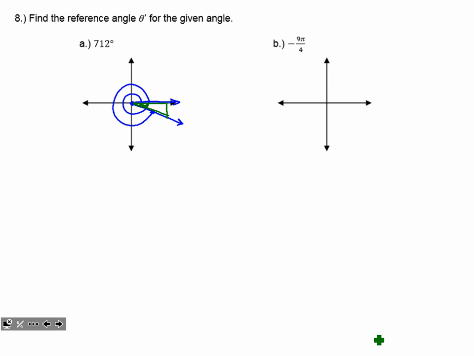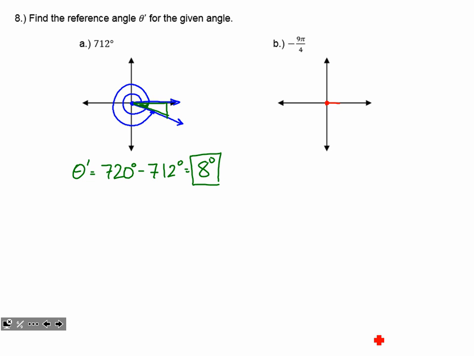So I'm asking myself, okay, how much more do I have to go to make that second complete circle? So that theta prime inside is going to be, well, if I got to 720, that would be a complete circle. Take away the 712 that I did rotate, I get 8 degrees. And you don't need to show that work. All I need to see is the angle being drawn, and then how did you arrive at your answer? You can use a calculator for that.